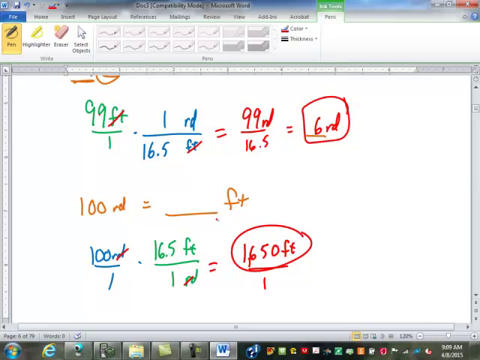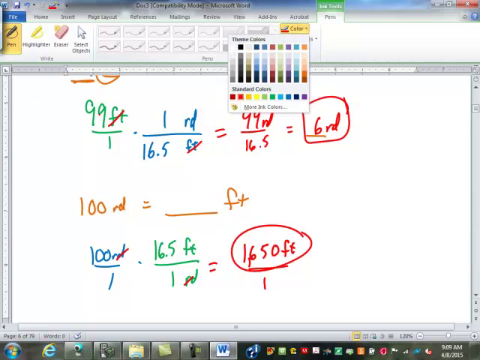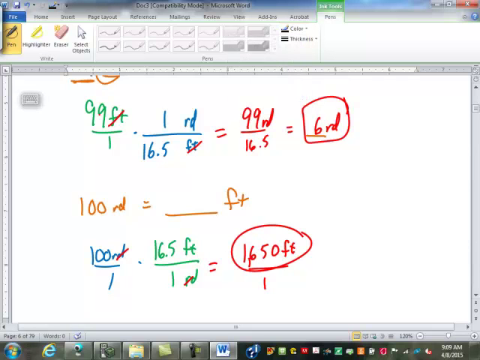So 100 rods is pretty big. 320 rods is a lot. Okay, I'm going to have fun with that now. Yeah, how many rods in a mile? 320. Okay, go 320 rods that way, then take the left after, and continue and go 100 yards back. And then you can,